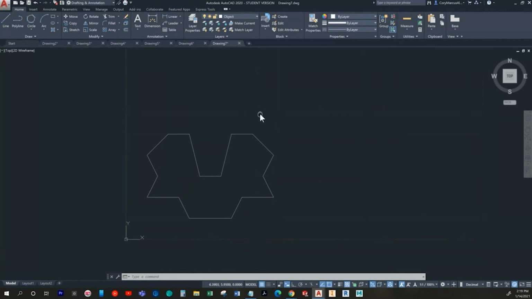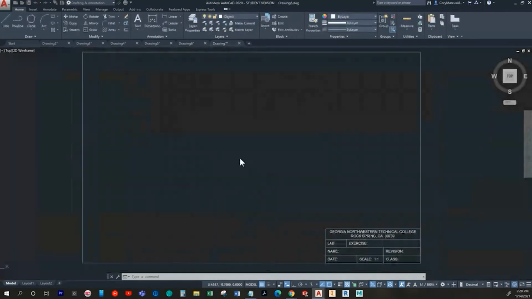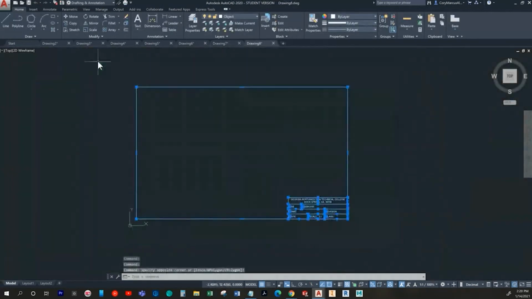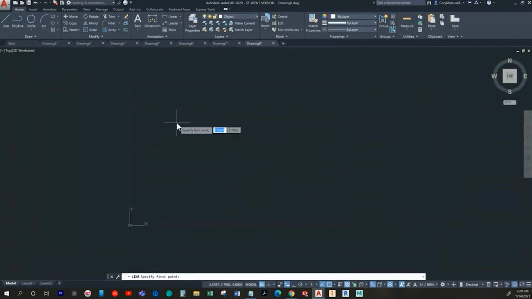And then exercise 9. This one's quite the doozy. It's going to be on page 248 as well. I would say by far this one's the hardest in the chapter. It's the fish, I guess you would call it. So I'm going to go ahead and start a line at our first coordinate we're supplied, which is going to